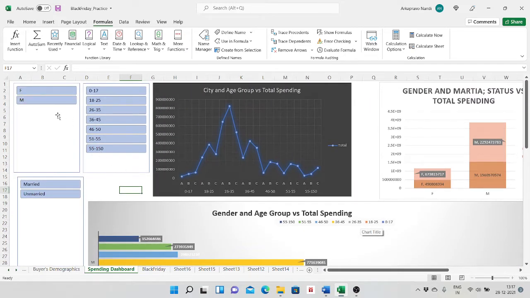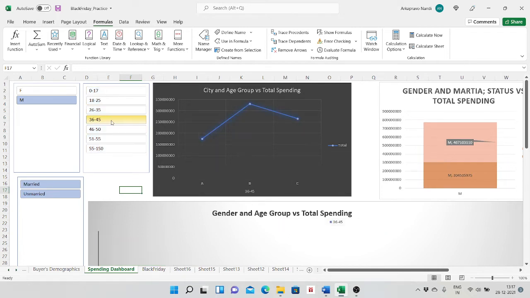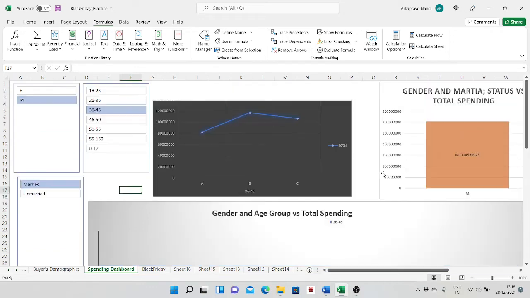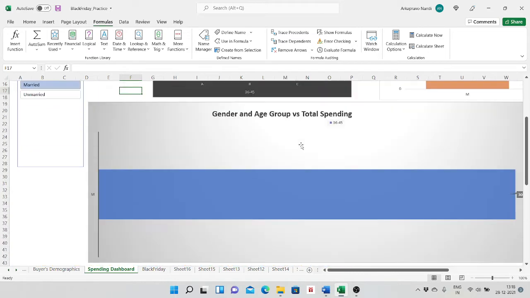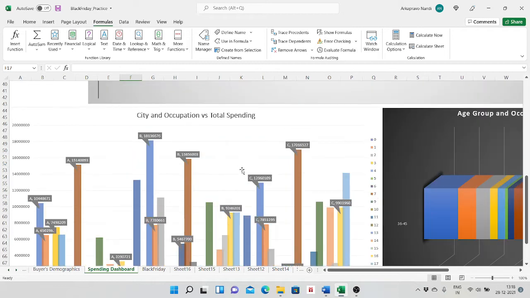And I have used slicers. What slicers will do, suppose I select male, and it will take some time to update on the dashboard, and here I will select only the people who are in the mid age category. Let's select 36 to 45 age, and I will select only the married ones. And it can be observed that the data in each of the dashboards gets updated, but this dashboard doesn't get